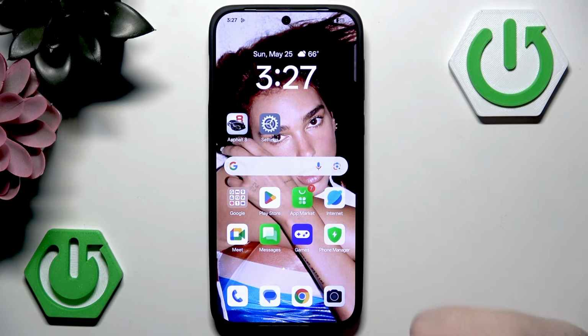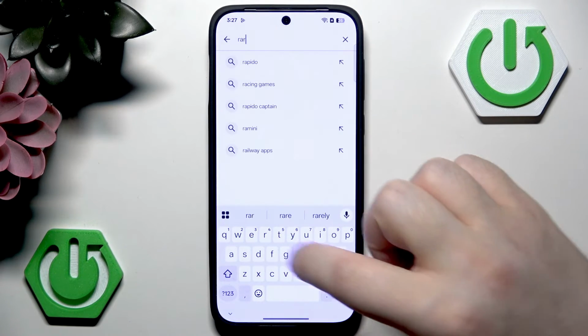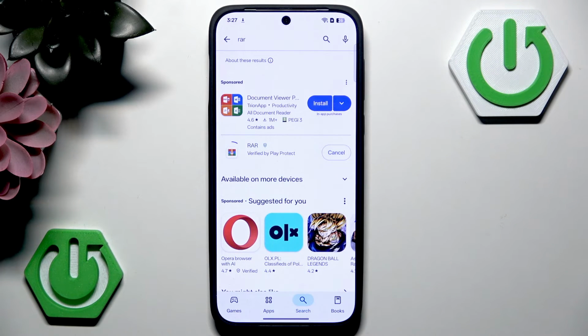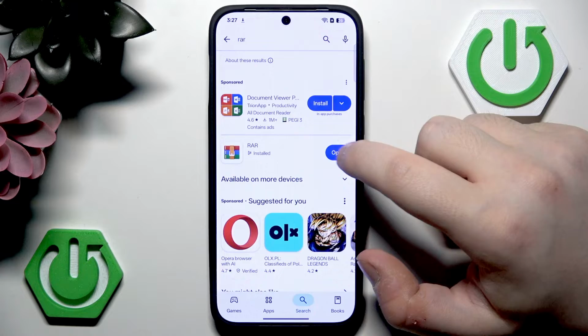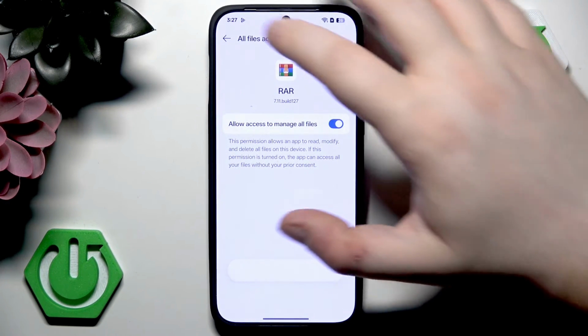So you have to start by opening your Google Play Store, then click on search bar and type in RAR. Now click search and then click install. Now click open and then click here to allow this app to manage your files, and now you can go